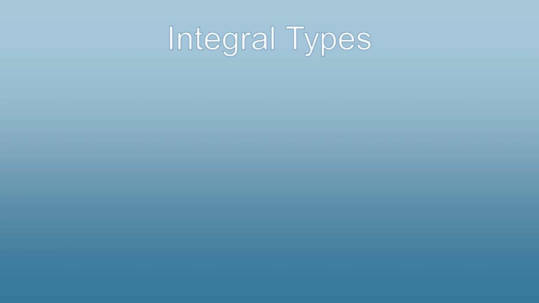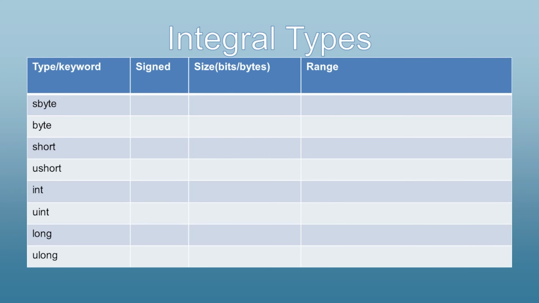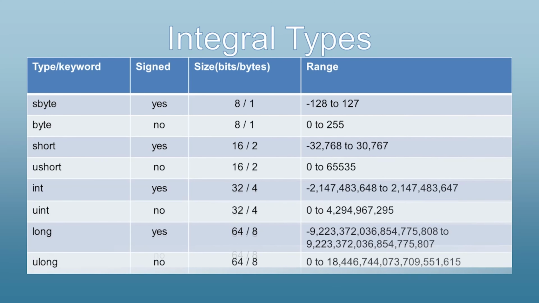I'm going to start off with integral types or integers. There's a lot of different types of these. They use a different amount of memory based on how much they can hold. So for example, an int, which is commonly used, can hold 32 bits of data or 4 bytes. And that means the largest and lowest number that it can hold as a signed integer